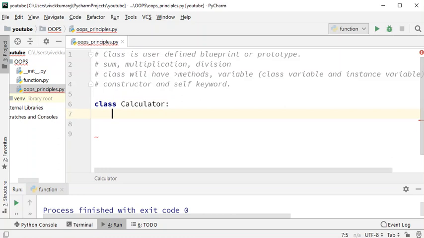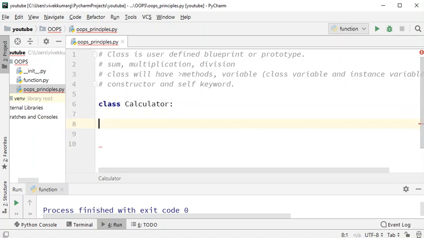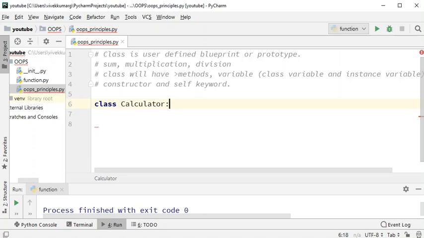Since we are indented here, that clearly indicates that whatever we write will be a part of the class, and if you go to the beginning, whatever you write is no more a part of the class. Got it, right? So if you reach the end, you just press tab. That's it.